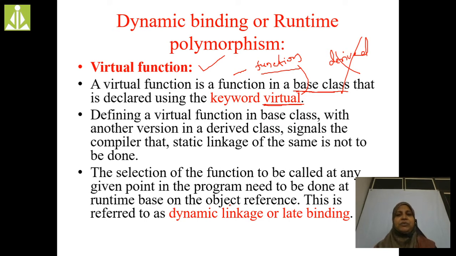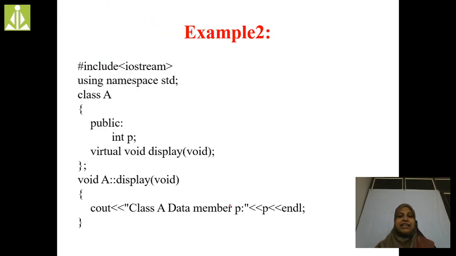Here we have to create the object for the base class. By using the pointer variable of the base class, we assign the address of the base class. In some cases we assign the address of its derived class. Then we call the functions by using the pointer variable. Depending upon the pointer variable, we can call the methods which are present in the base class, which have the same name, and the methods which are present in the derived class which have the same name, by using the object reference. This is known as dynamic binding.